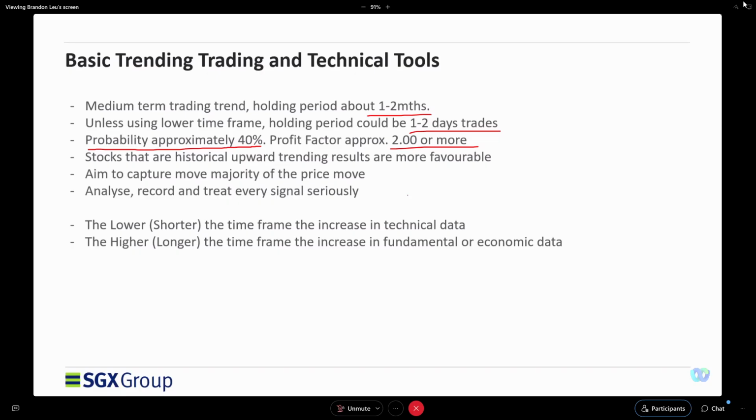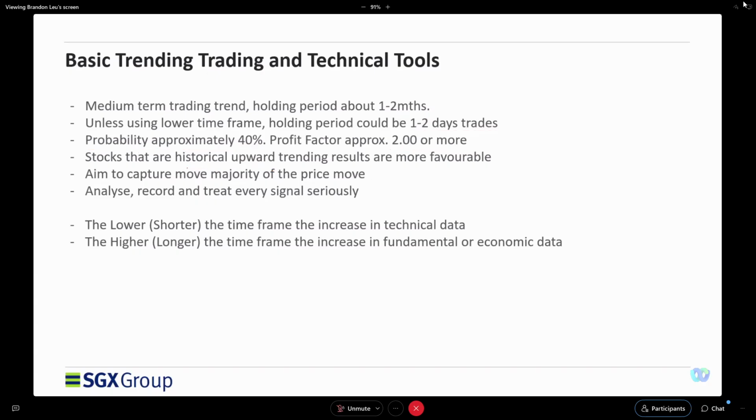So knowing that a trend trading strategy takes a little bit longer and the success rate is lower than swing trading, at about 40 to 50%, with that in mind, if you take a losing trade, it's fine. You think the stock will continue to accumulate and move up in the markup, so you take the next signal, the next breakout. I've shared that stocks with a historically higher trend have a better probability. Those who select stocks that are downtrending will have less favorable results.